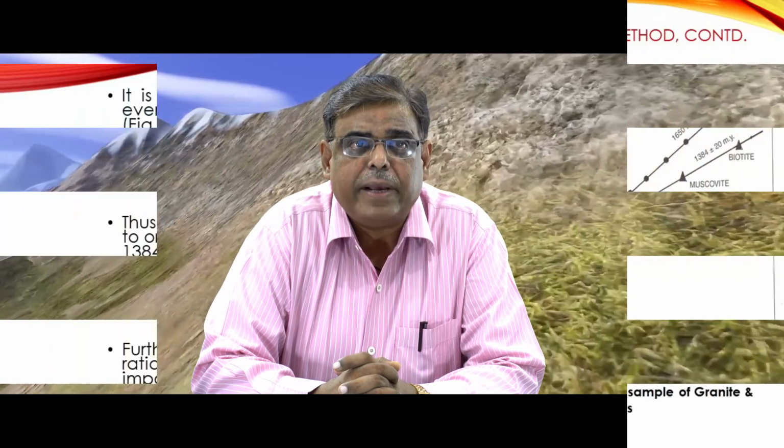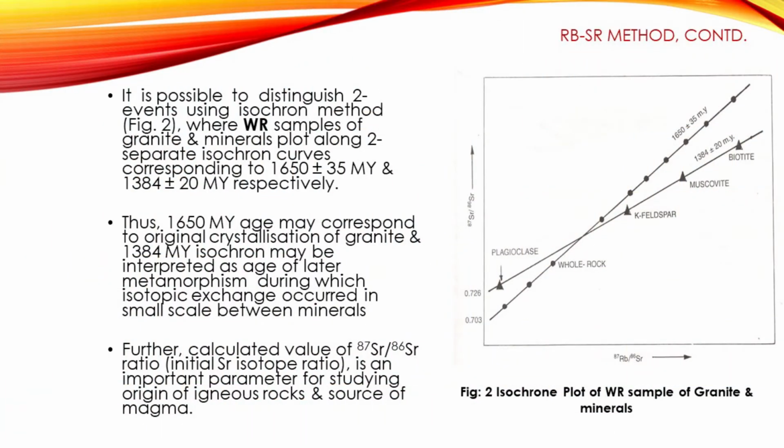Now, it has become possible to differentiate or distinguish two different events using the isochron method, as has been shown in figure 2, where the whole rock samples of granite and minerals plot along two separate isochron curves corresponding to 1650 plus minus 35 million years and 1384 plus minus 20 million years respectively. Therefore, we may say that the 1650 million year age corresponds to original crystallization of granite and the 1384 million year isochron may be taken as the age of later metamorphism, during which an isotopic exchange might have occurred on a small scale